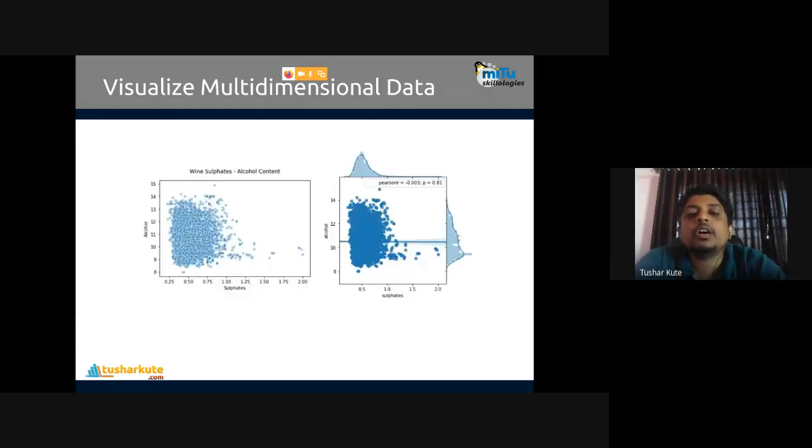Next. Okay, so this is a combination of scatter plot and KDE plot also. On the axis it shows the KDE, and inside it shows the scatter points. Okay, see, the whole data is grouped together here, and where the density is high, you can see it for both the angles.